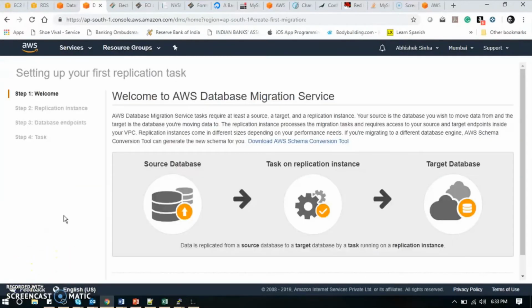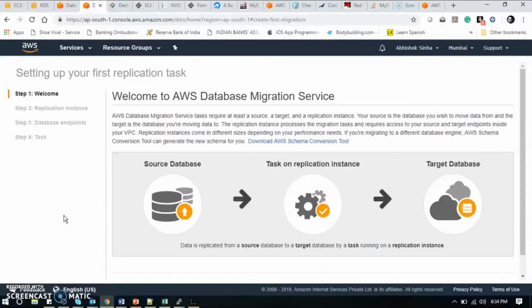So moving to the third part of our entire exercise, we'll now have to look into the AWS Database Migration Service tool. Now in this tool we have 3 stages, and we have 3 basic sections. First you need to have at least one source database, then you have one target, and then you have a replication instance. This replication instance is required to connect the source and the target systems.